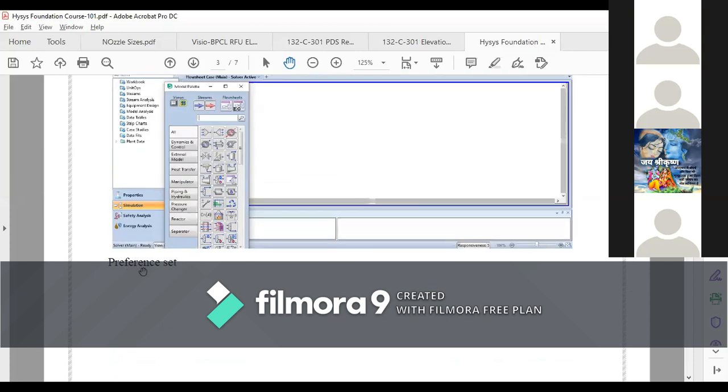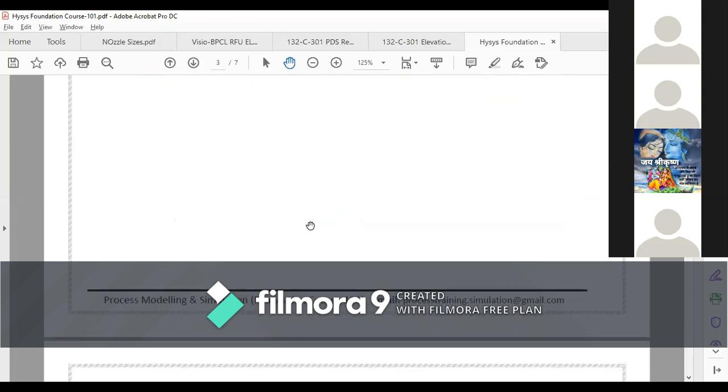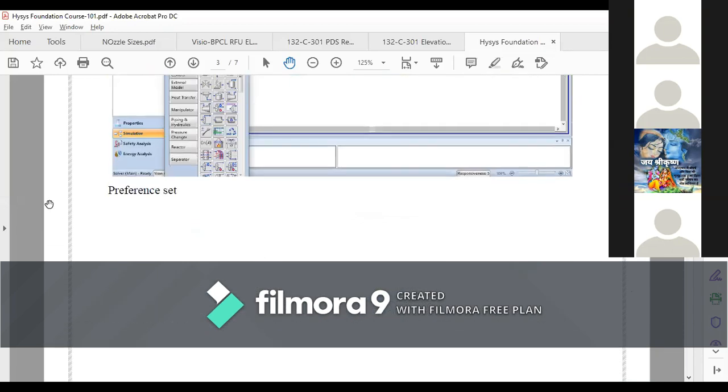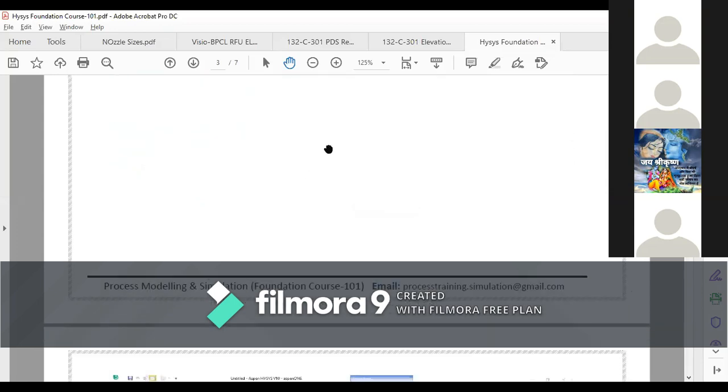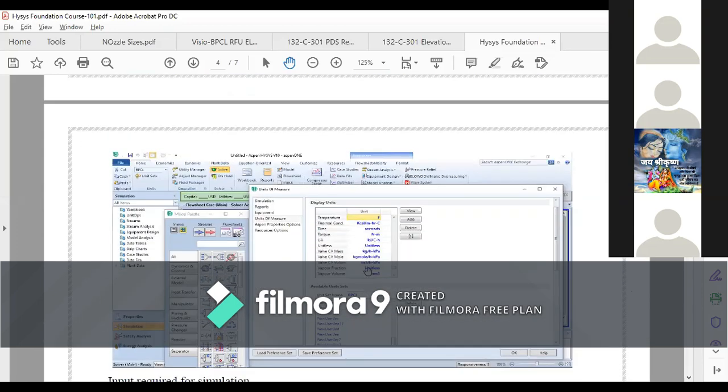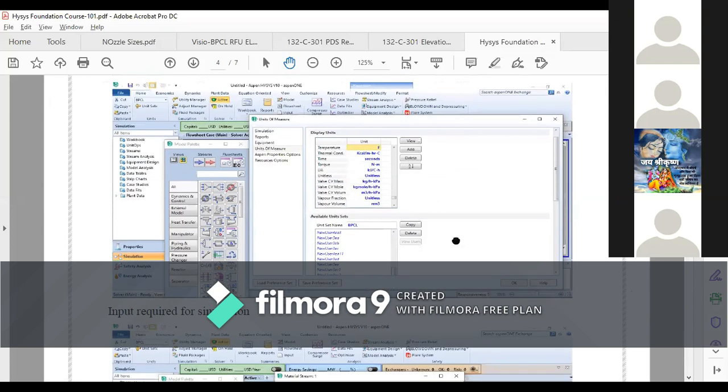Here we have mentioned one thing, that is the preference set. The reason why we have mentioned the preference set is that if you are working for a project in India, then most likely you will be using the SI unit system or something like that.